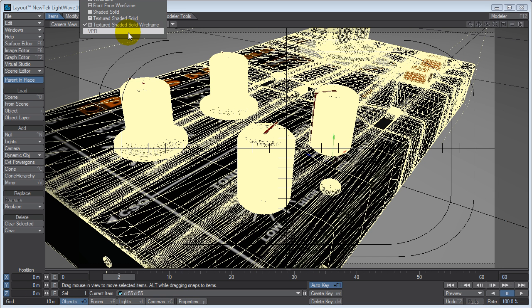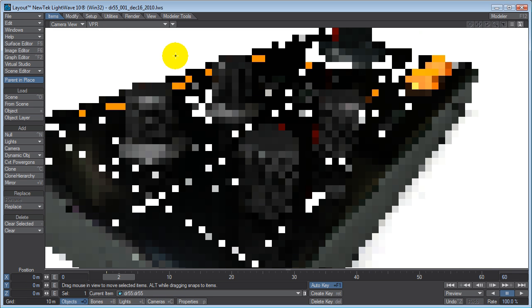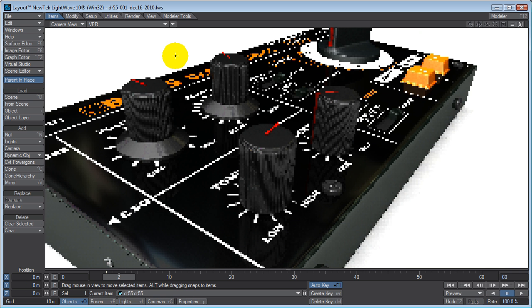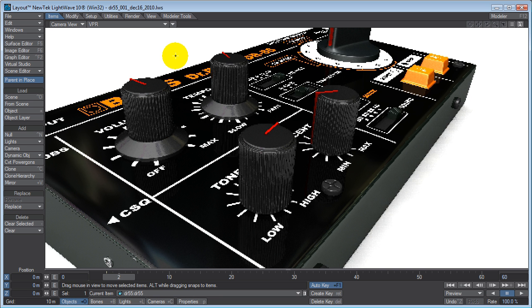So now we can click on VPR, make that hit, and off we go. Little drop down. There we go. So we're using an Intel quad-core 2.4 gigahertz, nothing exactly fantastic going on here. And this scene is lit with an HDRI image